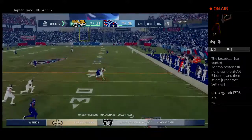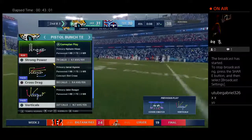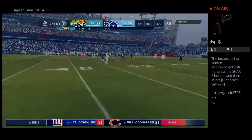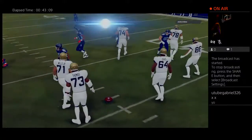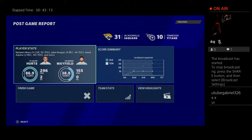Flush to his right. It's caught on the right side. It's Smith. 7 yards, the pickup on the pitch and catch. This is our time. 4 receivers in the formation here. 3 to the left, 1 to the right. 2nd and 3. Jaguars 31, Titans